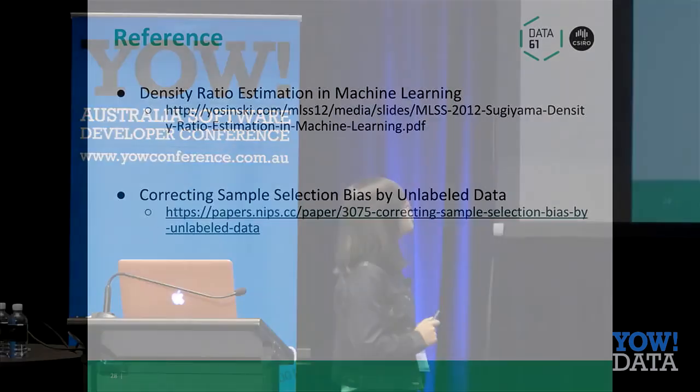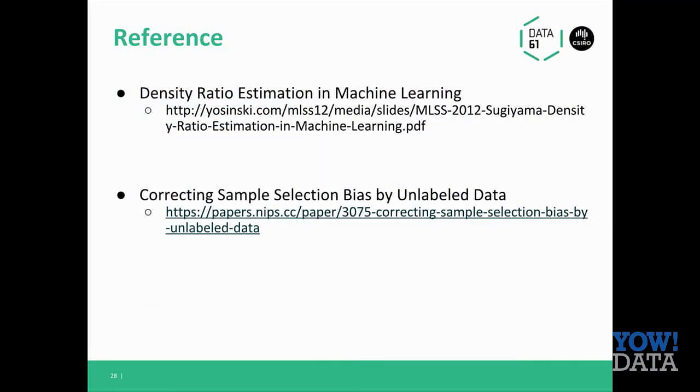So I got some good articles here for the covariate shift. If you are interested, you should definitely have a look at them. So density ratio estimation in machine learning is kind of related to the idea of sample reweighting. And correcting sample selection bias by unlabeled data will give you some insights into how theoretically they can eliminate the covariate